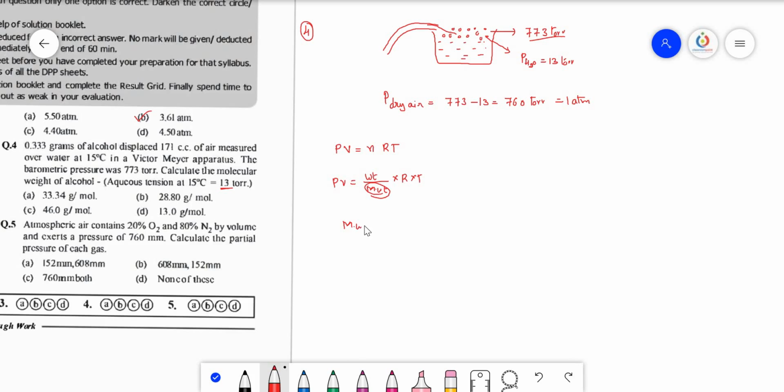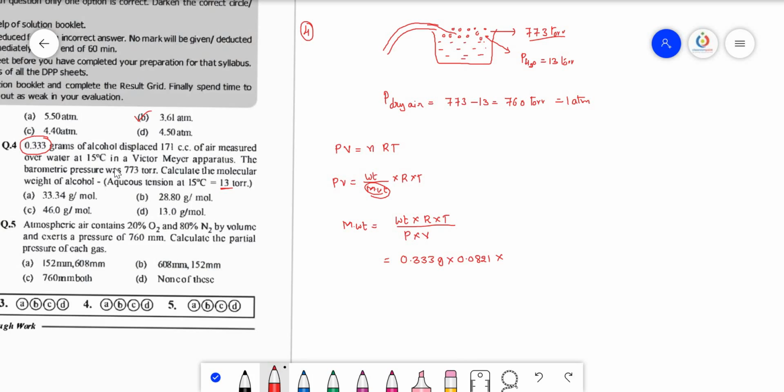So molecular weight is equal to weight of the alcohol into R into T divided by pressure into volume. Here the weight of the alcohol they mentioned is 0.333 grams. R value they did not give, but we have to take the liter atmospheres, that is 0.0821 liter